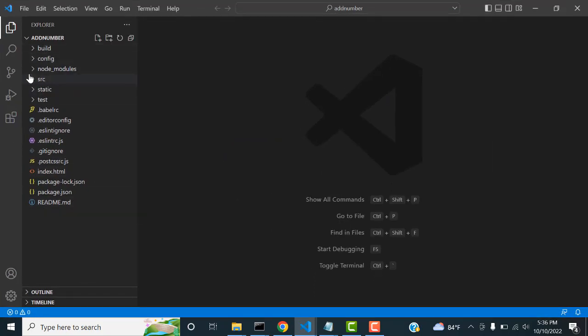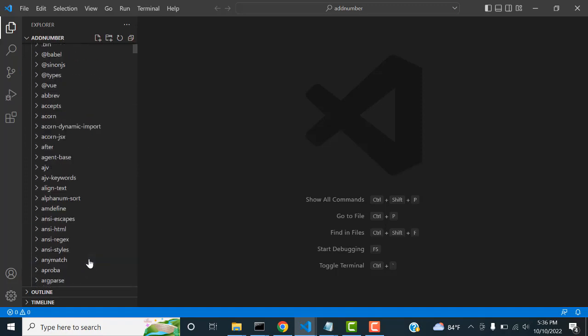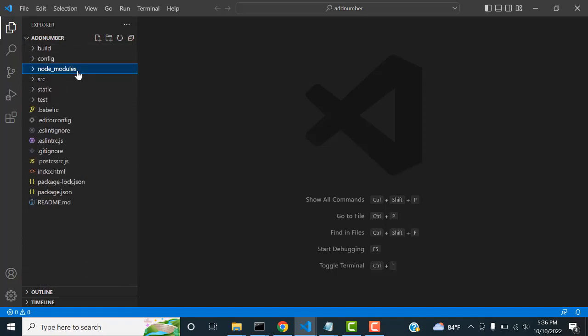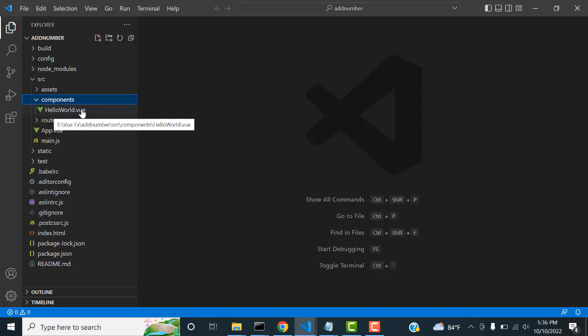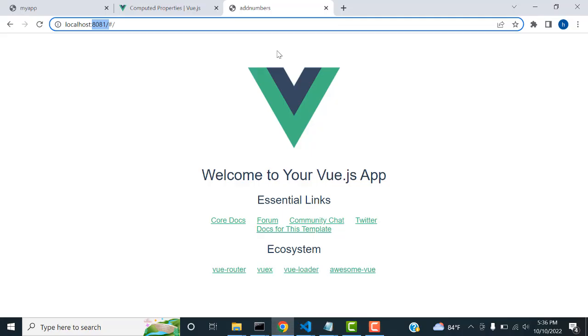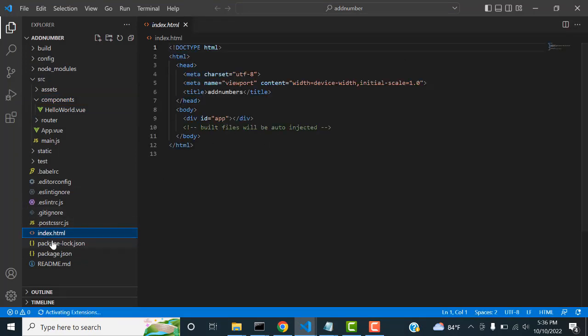Now you will see all your node modules get installed, right? Don't worry about all the node modules getting installed. Now what I'm going to do is go to the src components. Here your component will be created, HelloWorld.vue. This is the component showing your welcome page, right? So here, as an introduction, index.html